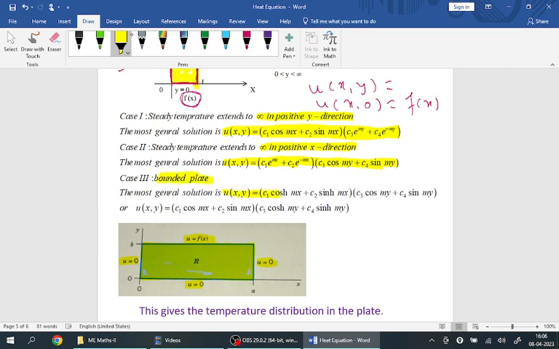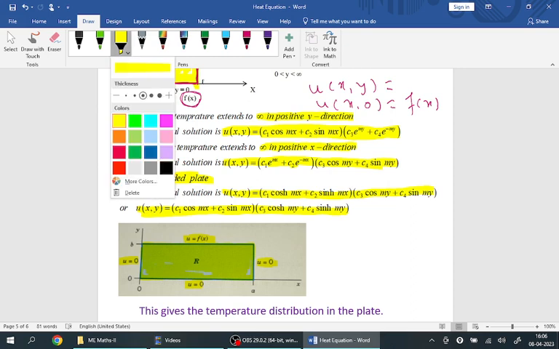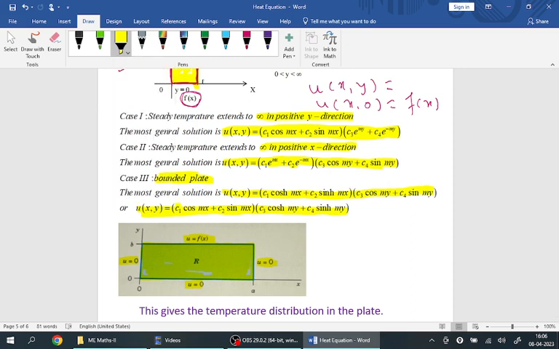So whenever it is a bounded plate, the general solution is given by either this or this. Both are correct. The choice is yours. You can use any one of them. And what is the ultimate aim in all these problems? To find a particular solution with given boundary conditions and initial conditions. In this case, only boundary conditions are there. So our aim is to find the value of C1,